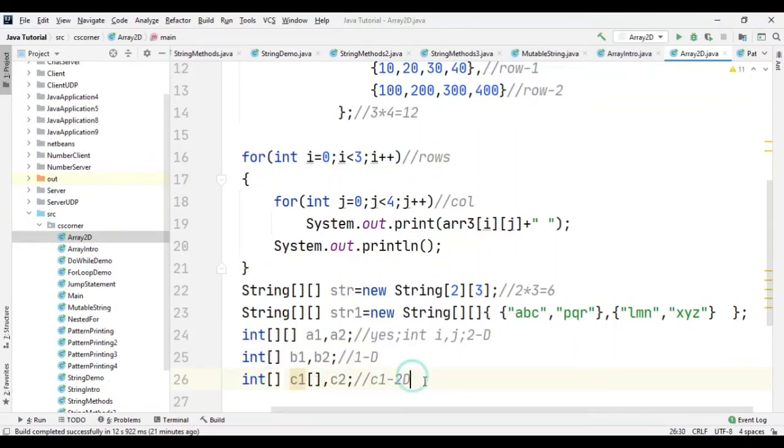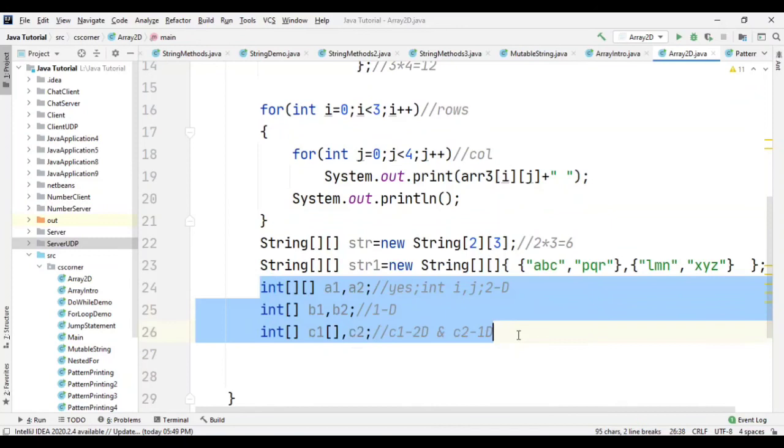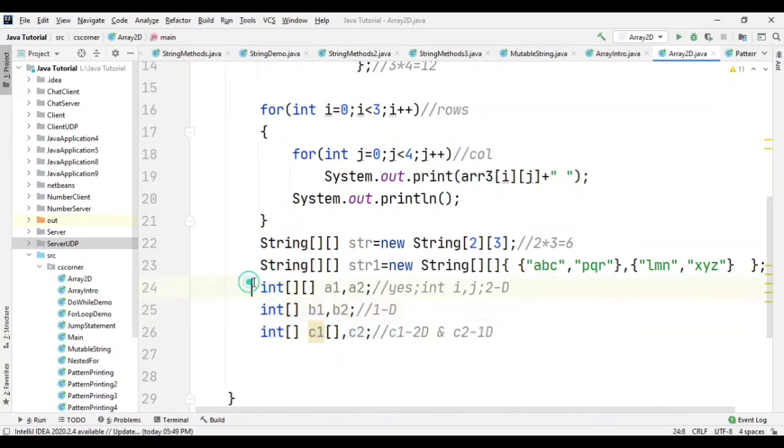So c1 is going to be a 2D array and my c2 is going to be a 1D array, because I am having only one square bracket over here. So these are the different ways for array declaration. You can use any of these ways, but the most preferred one is this one. If you want to declare and assign values to an array, you can use this syntax.